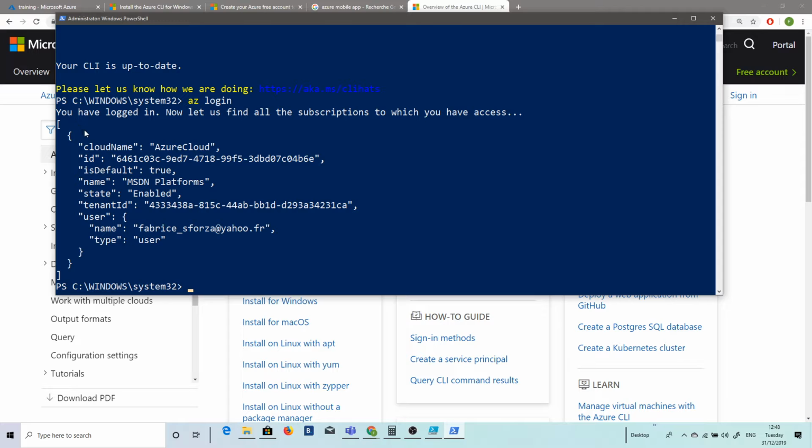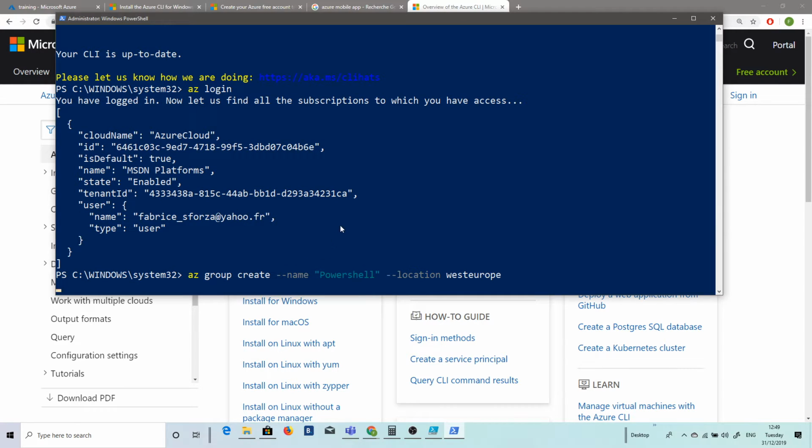So see, it's a little different. It's like a JSON format here. So I can say, for example, let's say I want to create a new resource group, like I did in PowerShell. I do az group, but I don't have any tabulation. That's the issue. So, az group create, here I do the name. So let's say PowerShell. Okay, and I do location, and let's say West Europe. Okay, so it's creating for me directly